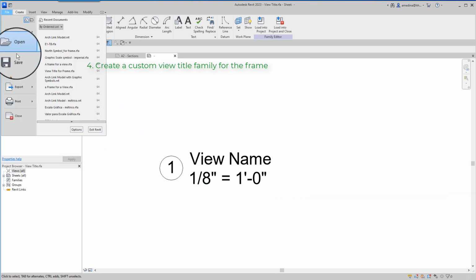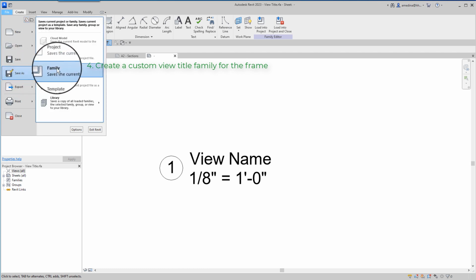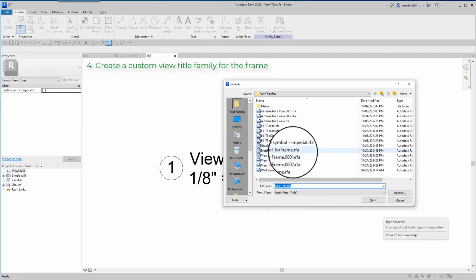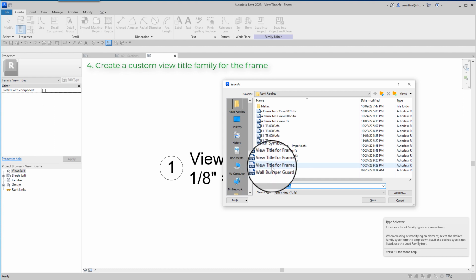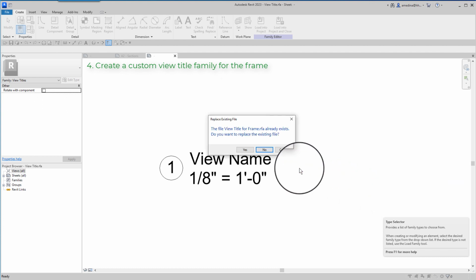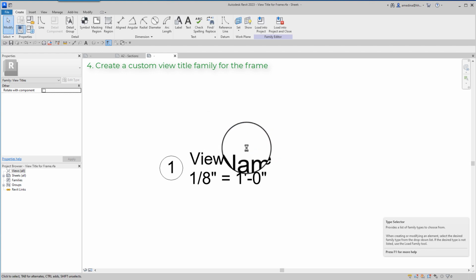Like this, file, save as family, view title for frame, that would be the name. I have a copy already, so I say yes, replace the existing file.